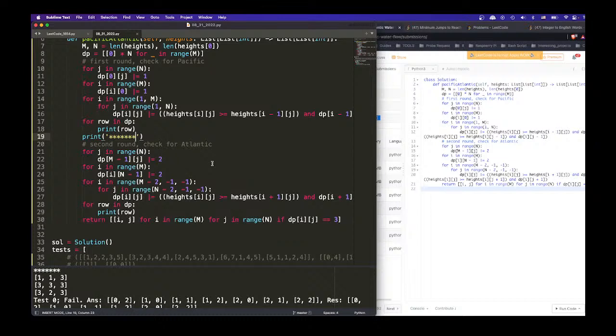And now when we hit the other ocean, so it's the second round. The second round needs to handle a little bit more. So we'll do